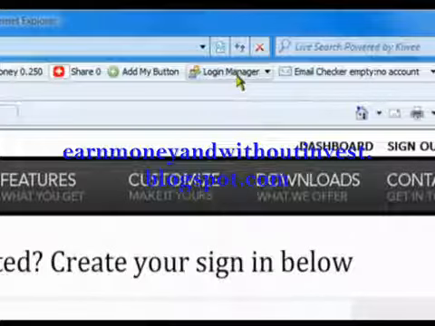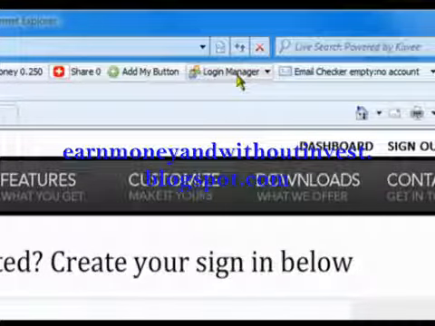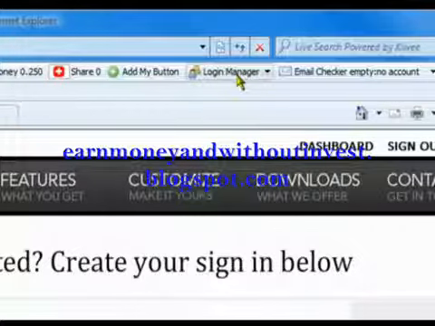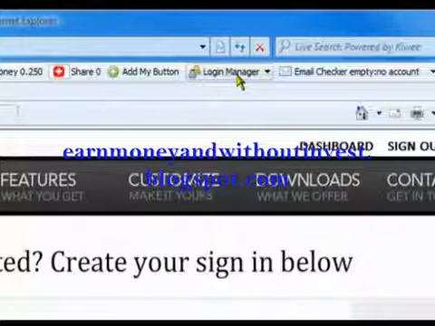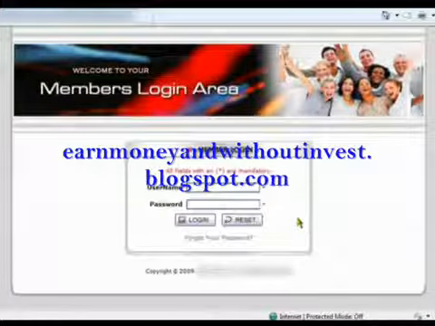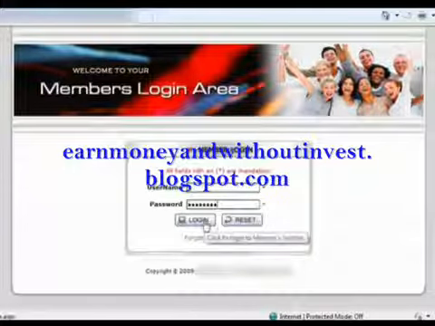The Login Manager tool is a great option for making it so that you can automatically log into different accounts you might have on the internet without having to add your user ID and password. For example, when I go to log into a site, notice what happens. I add my login information, click the login button,